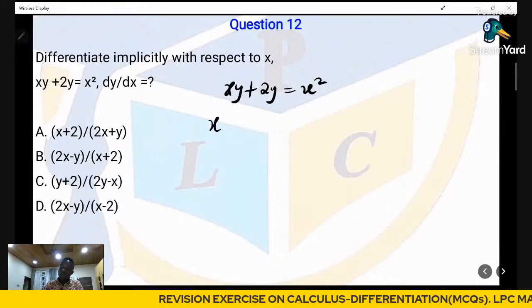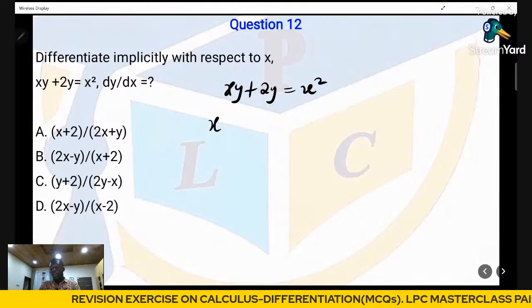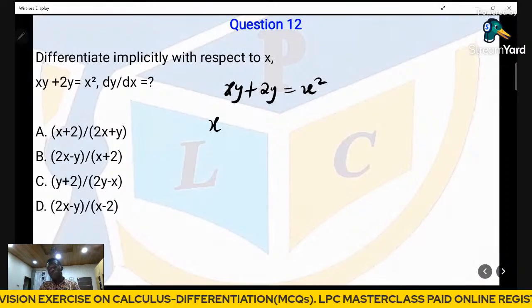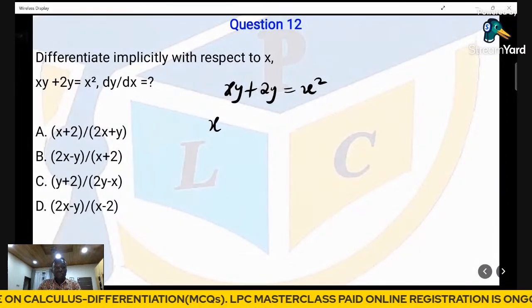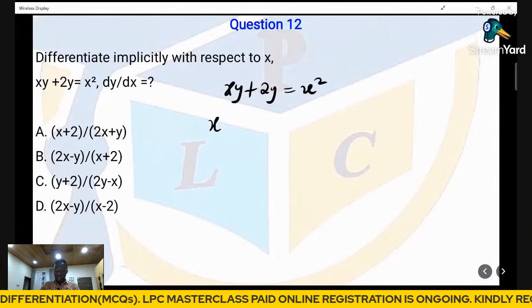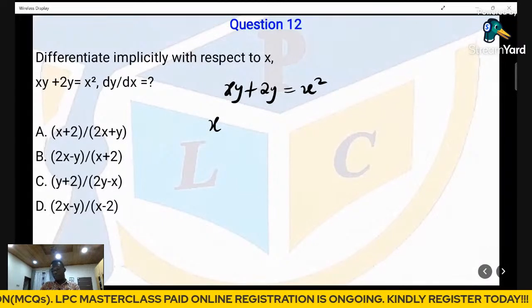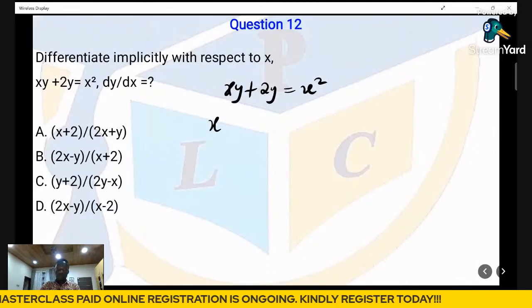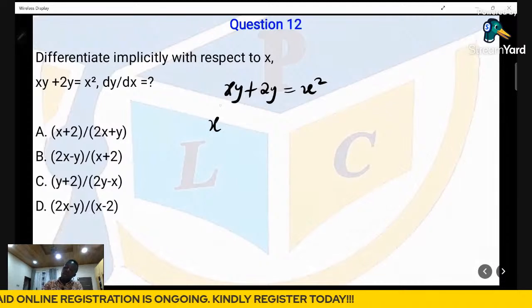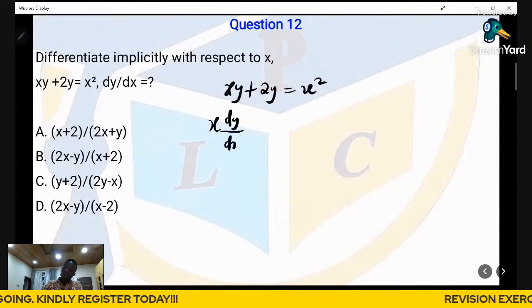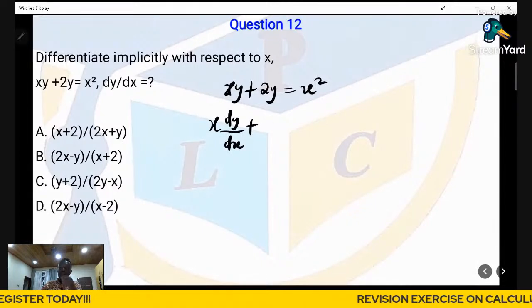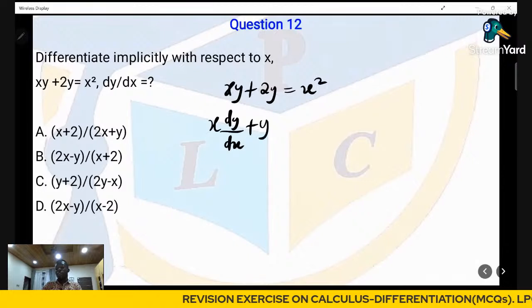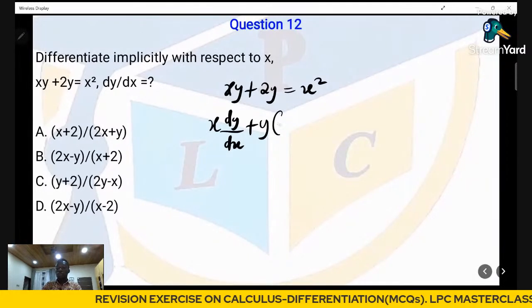So when I differentiate y with respect to x, it becomes dy over dx. Assuming we differentiate with respect to a, that becomes dy over da. So please, let's take note of those simple rules. I'll hold x and then differentiate y, that becomes dy over dx. Plus, since it's a product, I'll hold the y and differentiate x. So the differential of x is going to result to